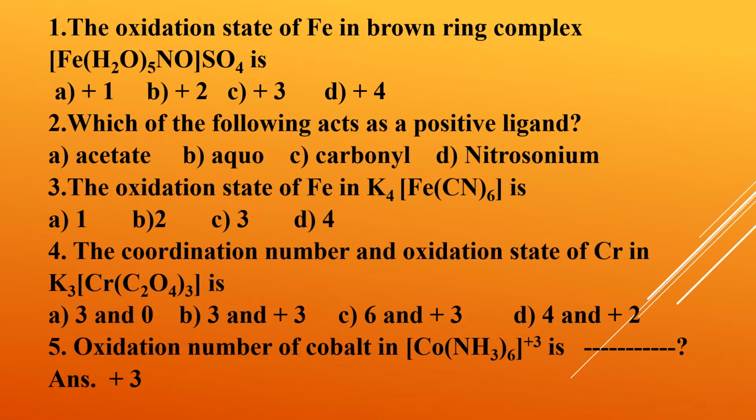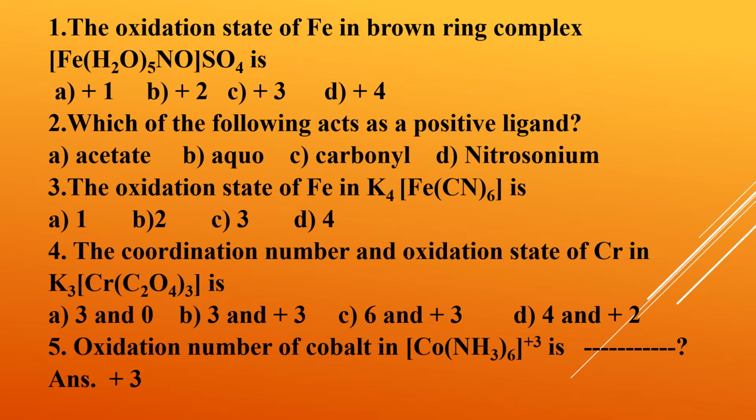X plus, CN is a unidentate ligand, so minus 1 into how many are there? 6. So X plus minus 1 into 6 is equal to the charge on the complex ion, minus 4. So X minus 6 is equal to minus 4. Therefore X is equal to 6 minus 4, that is plus 2. The options given here are A 1, B 2, C 3 and D 4. So the oxidation state is plus 2, that is B is the correct answer.